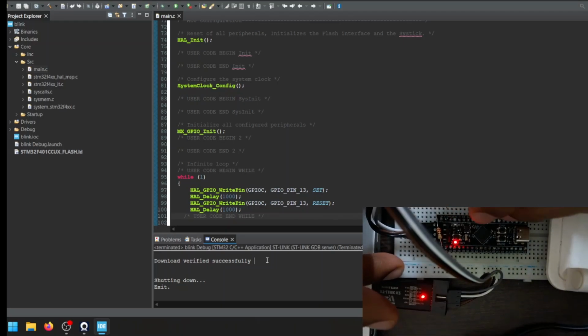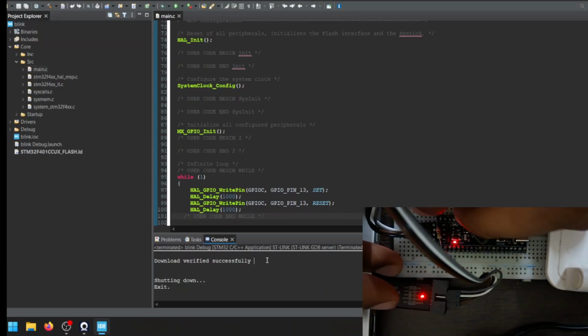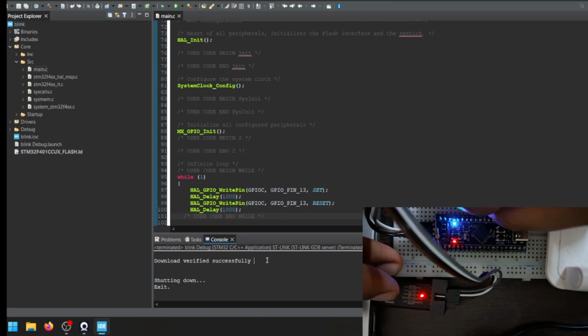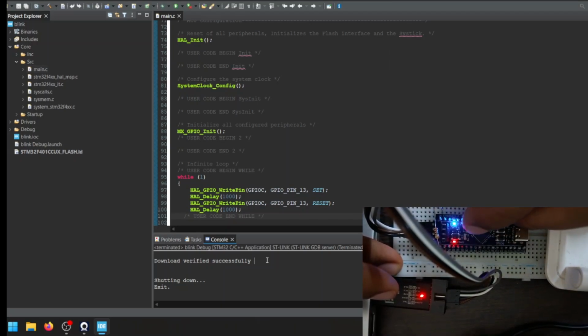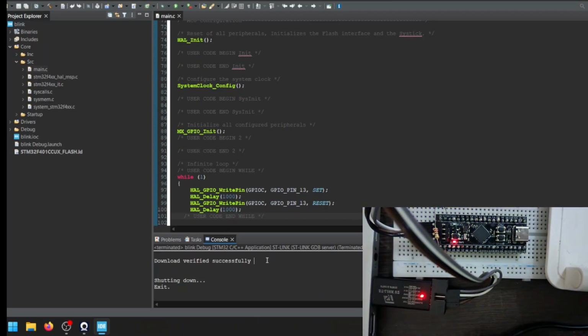It's not blinking at all. And if we just switch the polarities of the LED, it should blink. And now,